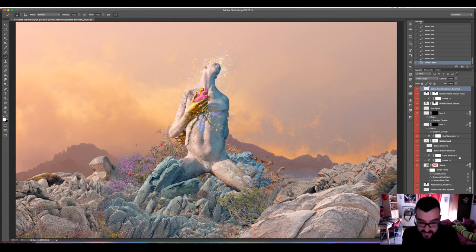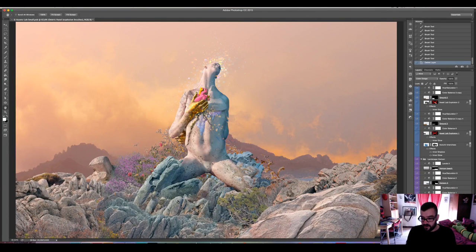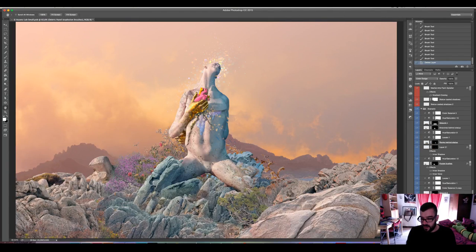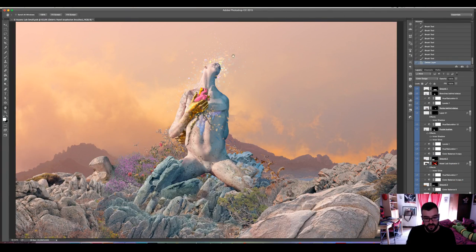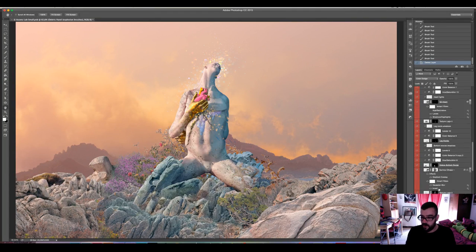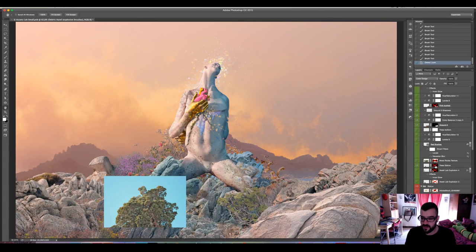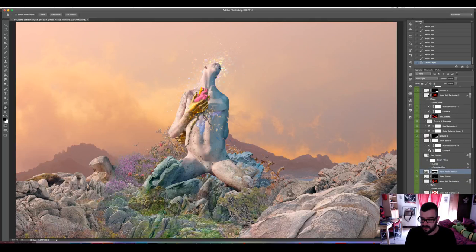I want to talk to you about focal distance now. When we are creating photorealistic stuff or photo manipulations, it's very important that we arrange all layers accordingly. At the bottom, I have the background layers, and in the middle, I have the main scenario photos and the figure, and everything that is going to be in front of them should be above, because that will make things easier when we want to create some depth of field. So here, it's pretty much the same. I'm going to add a lot of elements with the masks and some textures.